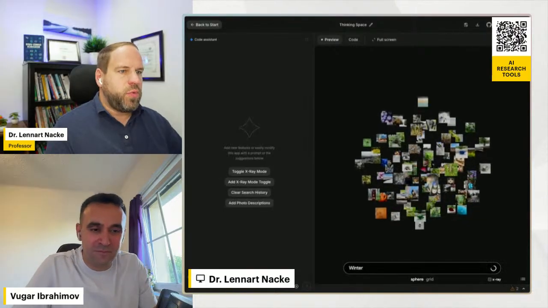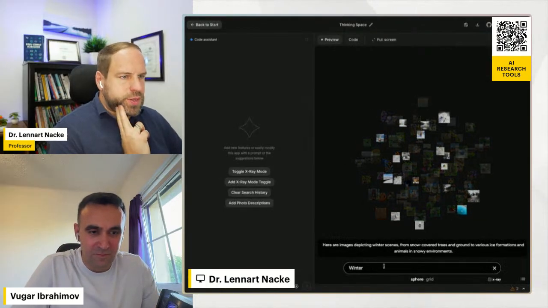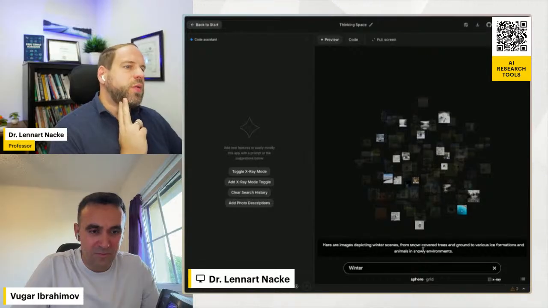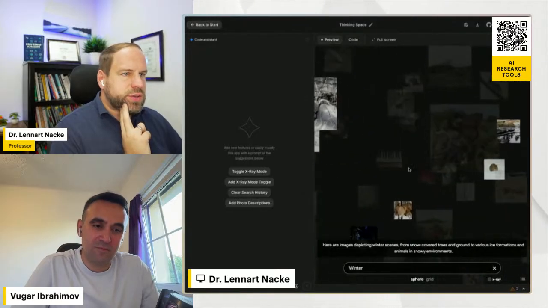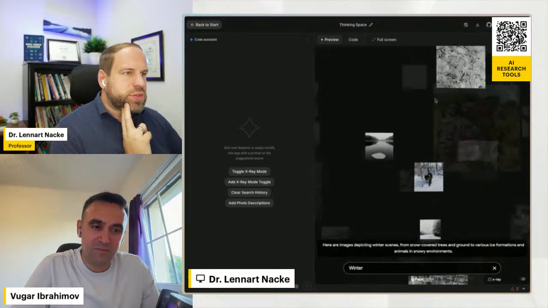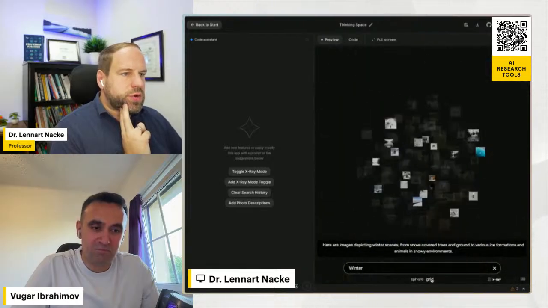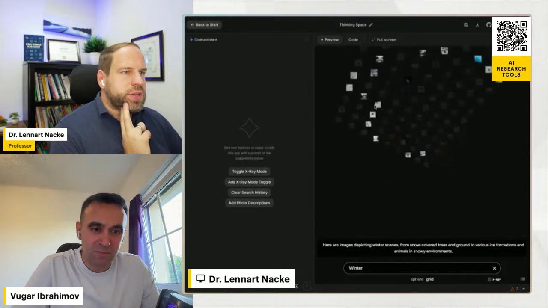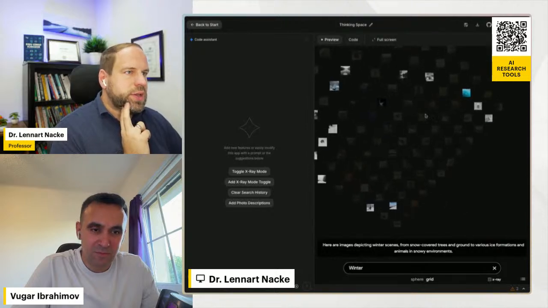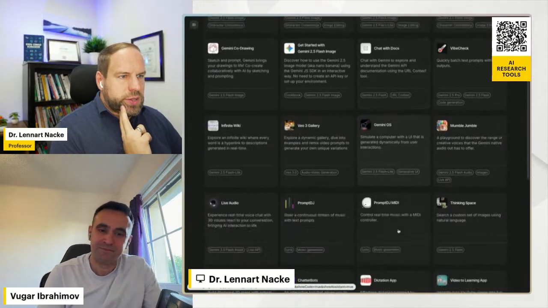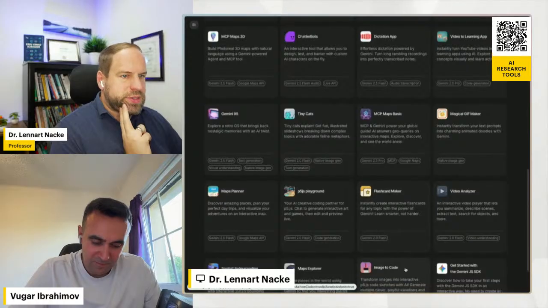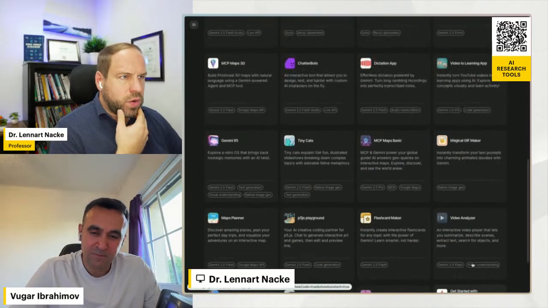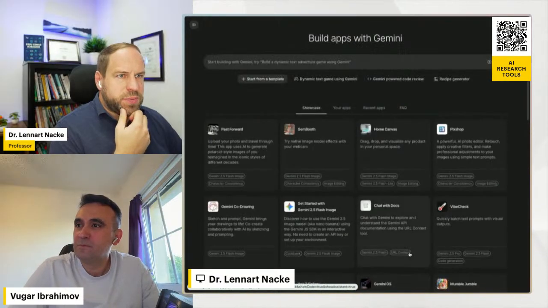So here we can type winter, and it would do sort of these images depicting winter scenes that it will just generate for us. And you could do it on a sphere, so you can zoom in and find these images and move around with these images, or you could put it on a grid. And then, yeah, it's a little bit easier to, oh, it's not actually that easy, a little bit easier to get there. But again, it's not super intuitive yet, but definitely these are nice starting points for people that want to work with some of these tools, specifically something with